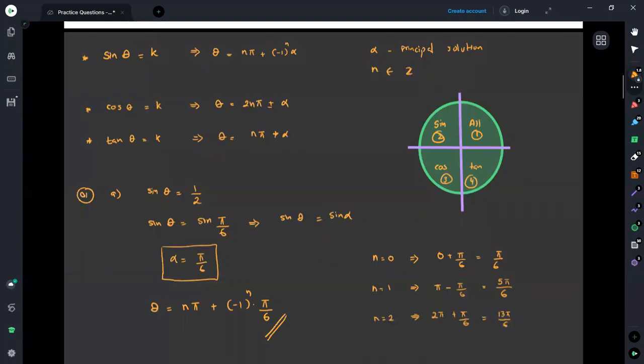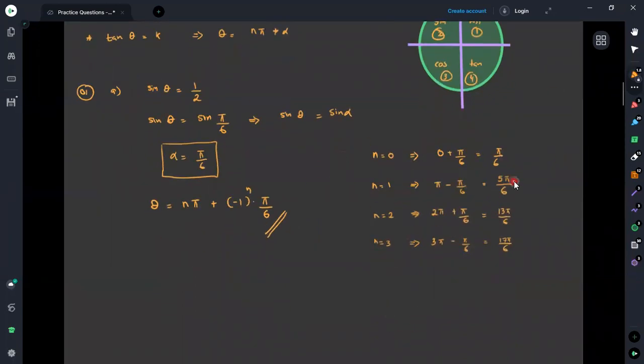Now you can see if you substitute n equals 3, here you will get 3π, minus 1 to the odd power, n is 3, it is an odd power, so this will become minus 5π/6. Altogether it is 17 times 5π/6. Again we are getting the angle in the second quadrant. Therefore it is quite like a pattern we are getting. In this way we can find all the possible solutions by substituting the value of n from 0 to the defined value.